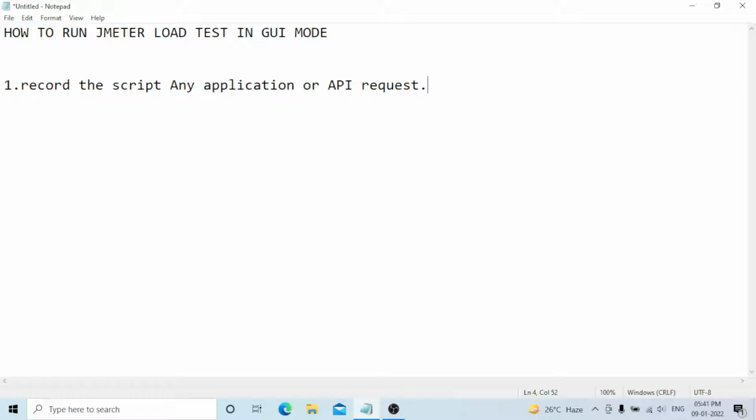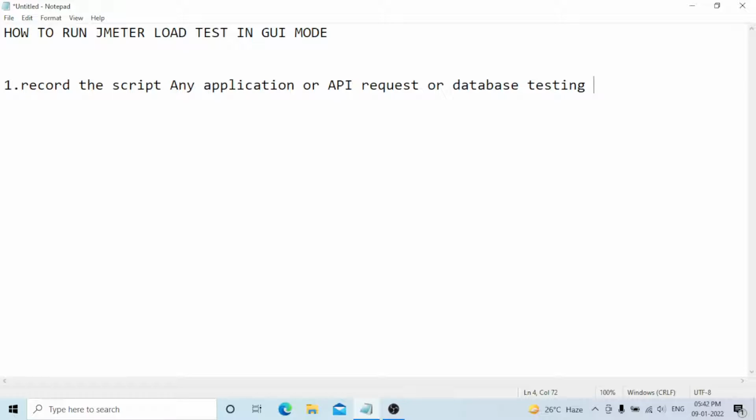You can also perform a load test on the database. So there are three ways you can do load testing. Today's topic is only recording the script.